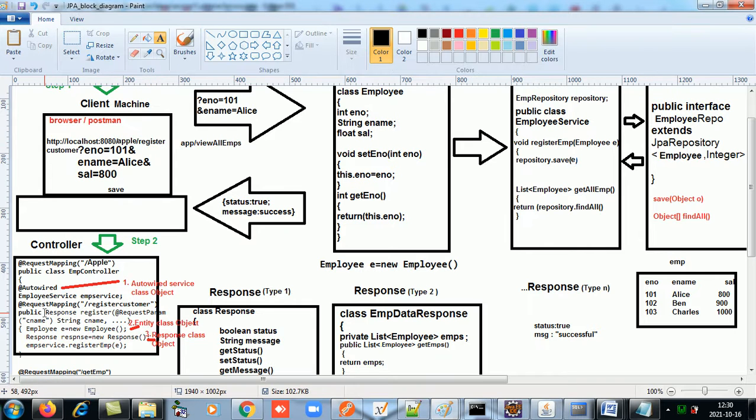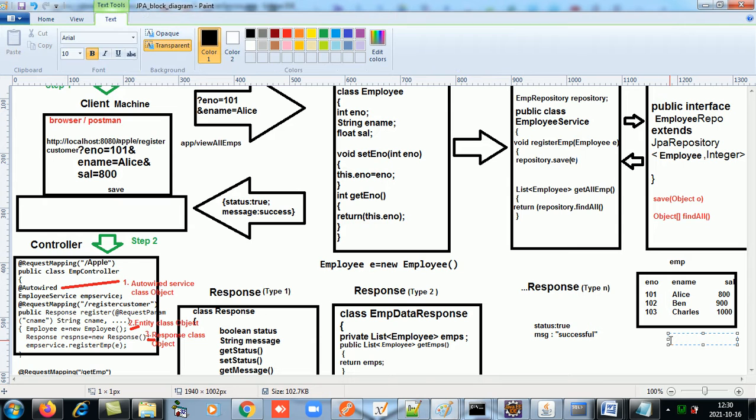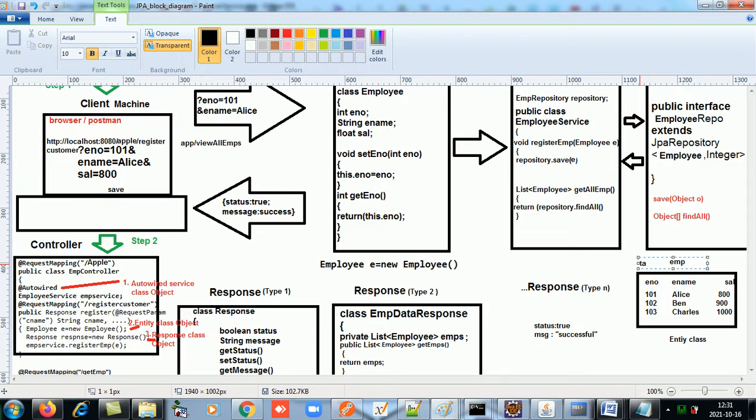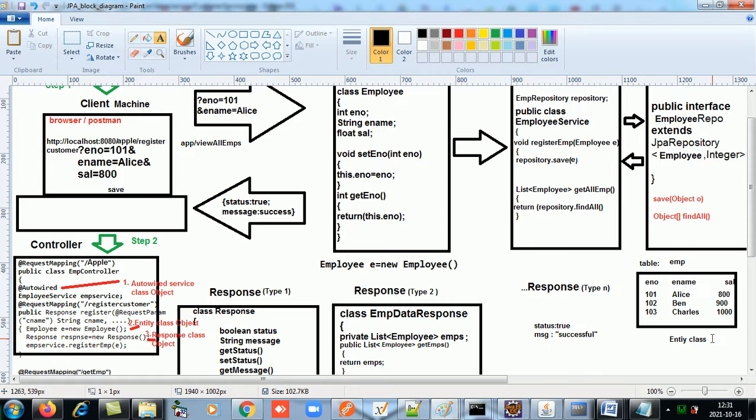Okay, now every database table has an entity class. So now we have a table employee in the database. This table employee will have an entity class, as your employee class.